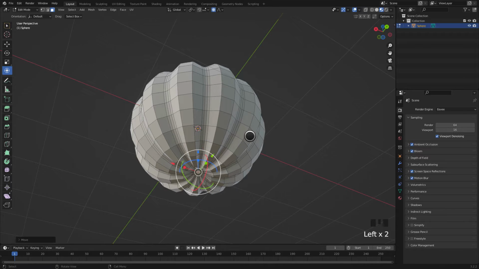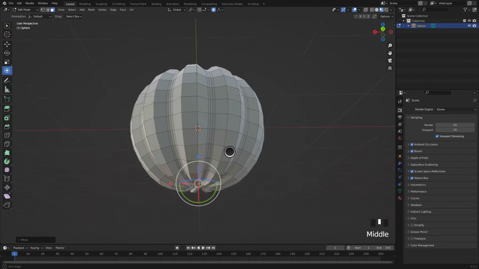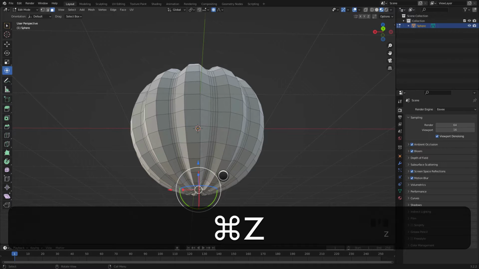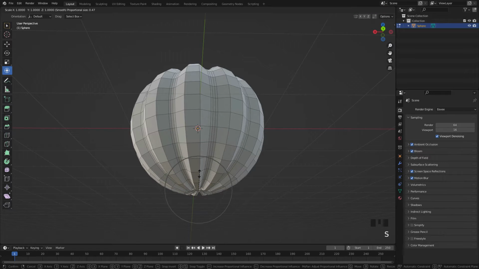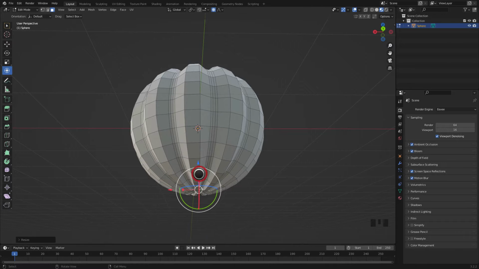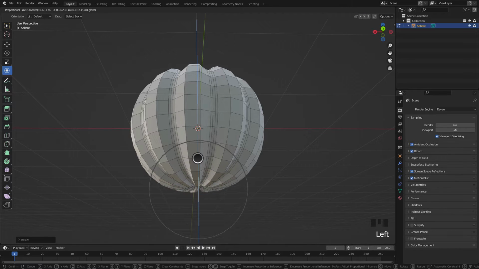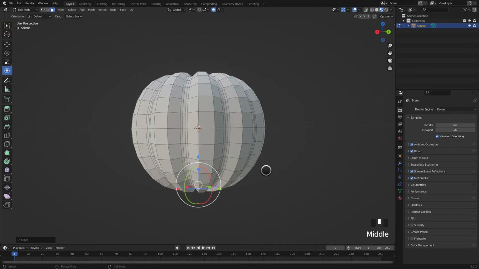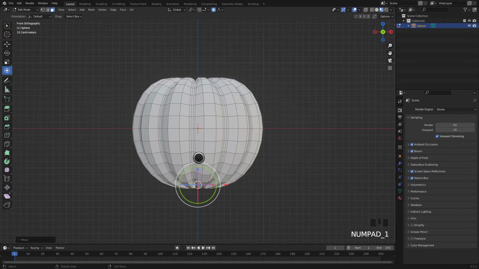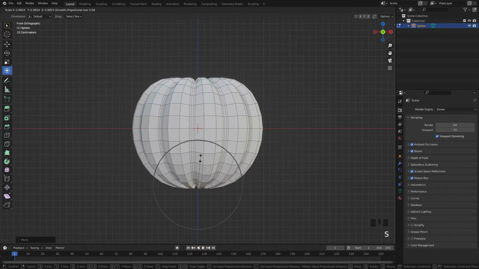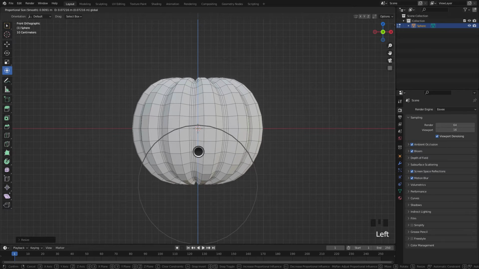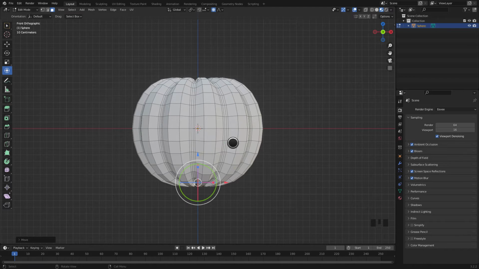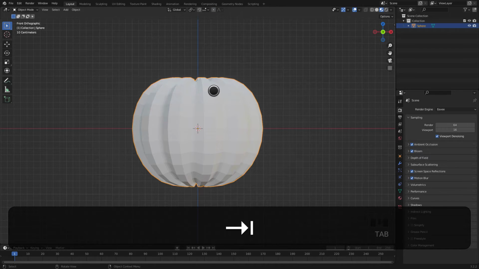Okay. Control... go to the front view, scale. Yeah, enough. Okay, now